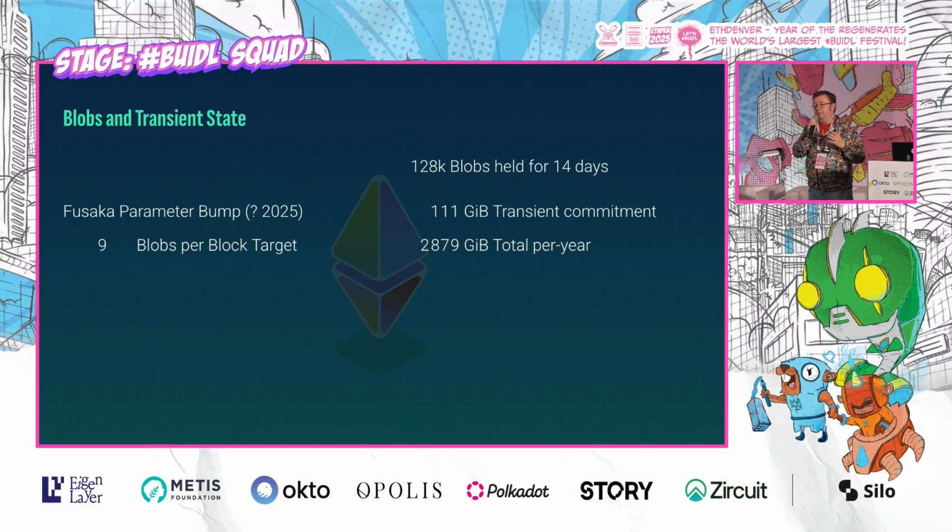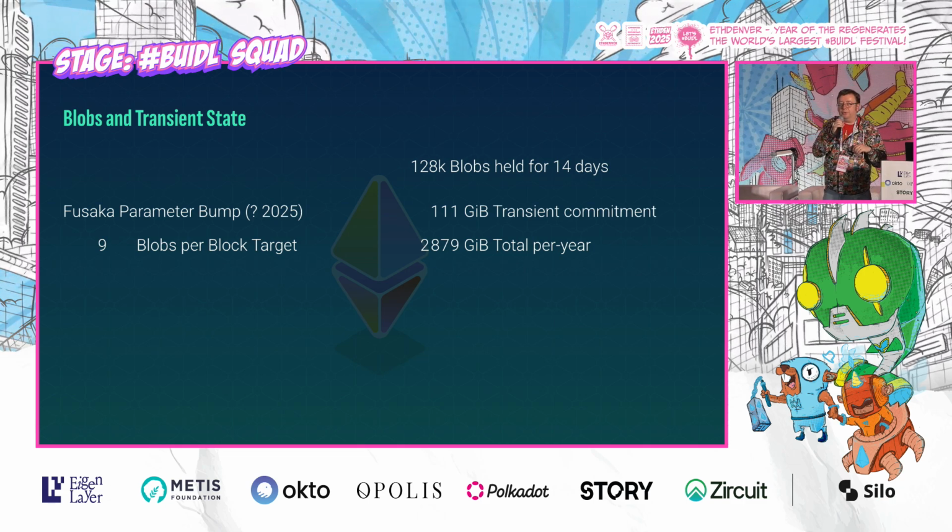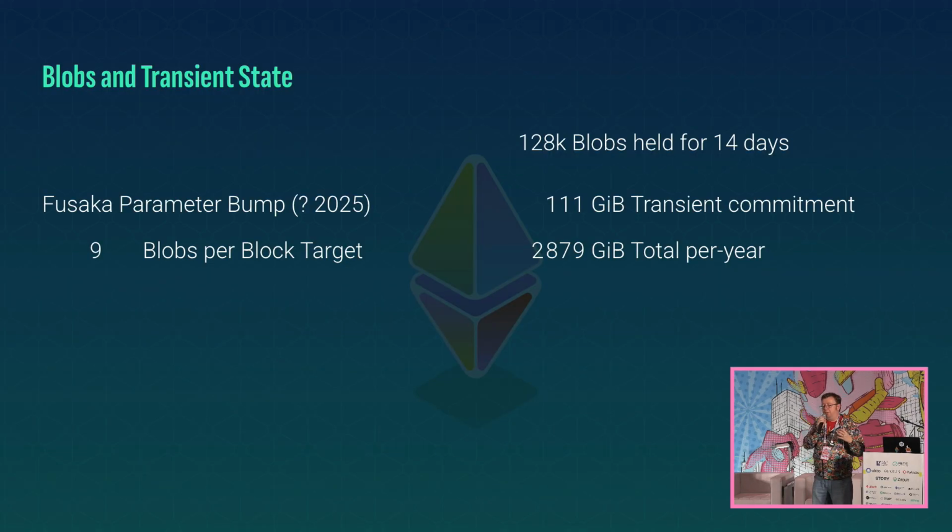Now in Fusaka, ideally we're going to launch it this year in the Q3. There's a couple of ideas of what we're going to do. One idea, the very simple solution that we know we can achieve, is just to go up another 3 blobs, target 9 blobs. And that means we can have about 120 gigabytes of data. It takes about 3 terabytes of data. The more exciting answer, though, is something called PeerDAS.